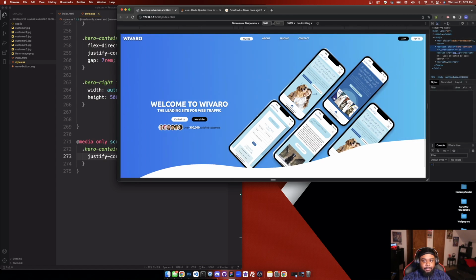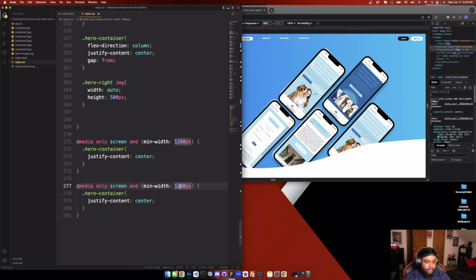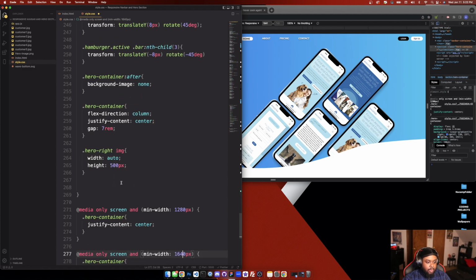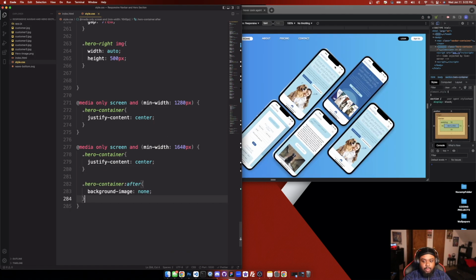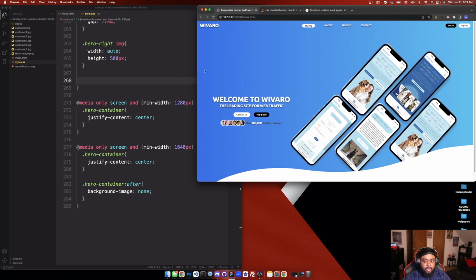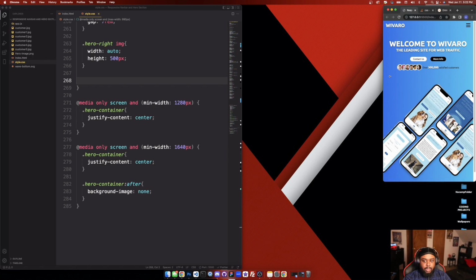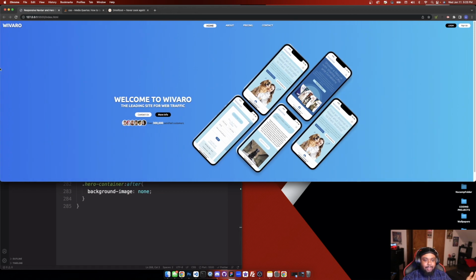So let's see. So this is around roughly 1641. So let's do like 1640. Copy. Let's do 1640. And we're gonna do hero container none. Background image none. Okay, so right there. And then when you come down, perfect. It comes back, then it goes away. It goes like that. Goes away. Perfect. That's perfect, but